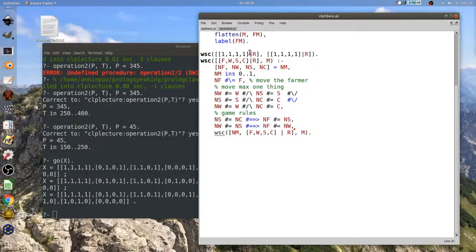So bizarrely, as I set this up, I will add a new move, and then the next thing that's going to happen is it's going to attempt to basically solve the thing and say, at the start, can I get everyone across?